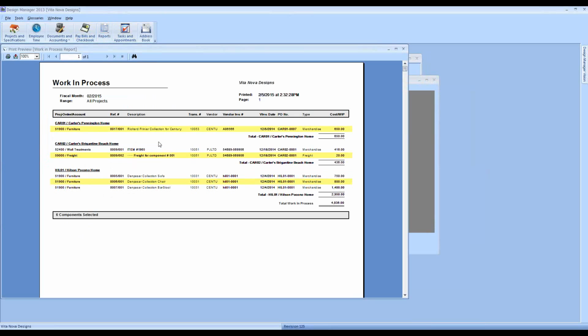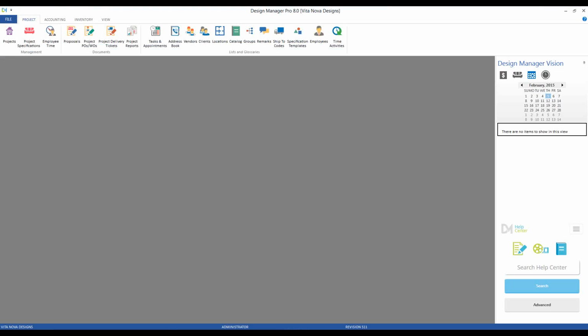Now, let's take a look at the other item in our Carter's Pennington home. I can tell this is a stone table that I returned to the vendor and actually received a refund on, and the original client invoice had been credited. But why is this still in work in process if I processed a refund from the vendor? Let's move over to Professional Platform for this one, and we're going to review a new report,